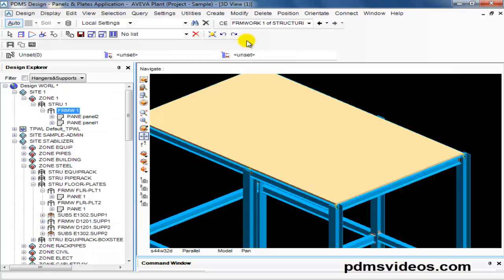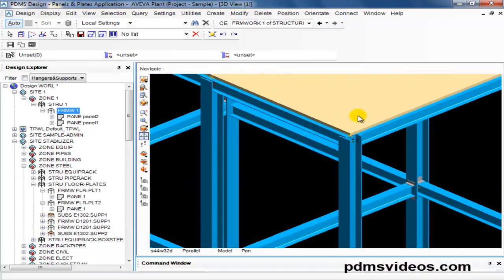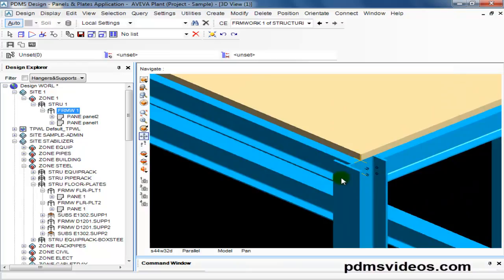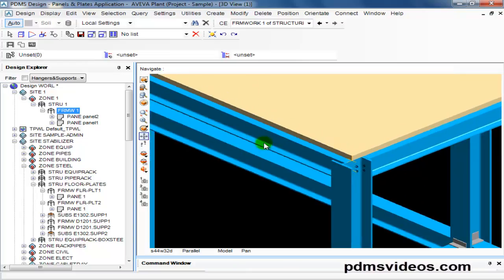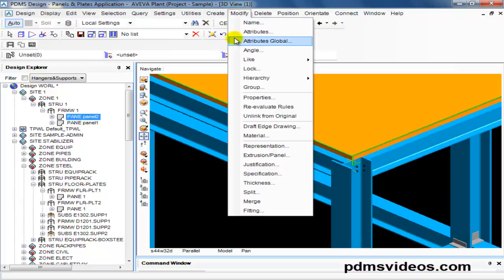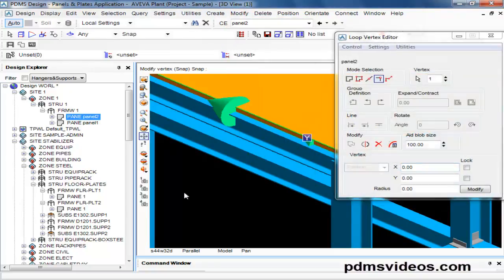So we click OK to remove that box, but we want our panel edge to align with the top of this steel stanchion. So we can modify that by coming to the modify menu, choose extrusion panel,